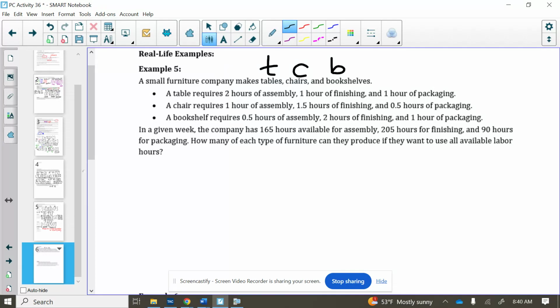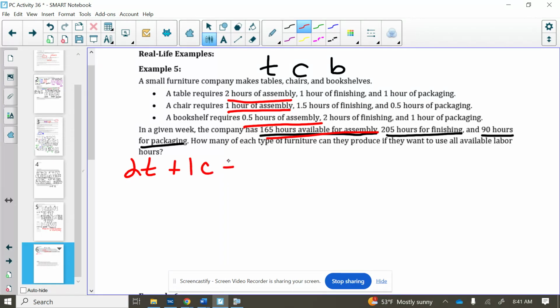So we know that we have 165 hours available for assembly, 205 for finishing, 90 for packaging, right? That's kind of our total hours. Our table takes 2 hours, our chair takes 1 hour, and our bookshelf takes half an hour for assembly. So basically, if we line that up with the assembly aspect, we would have 2 hours per table, plus 1 hour per chair, plus 0.5 hours for bookshelf,